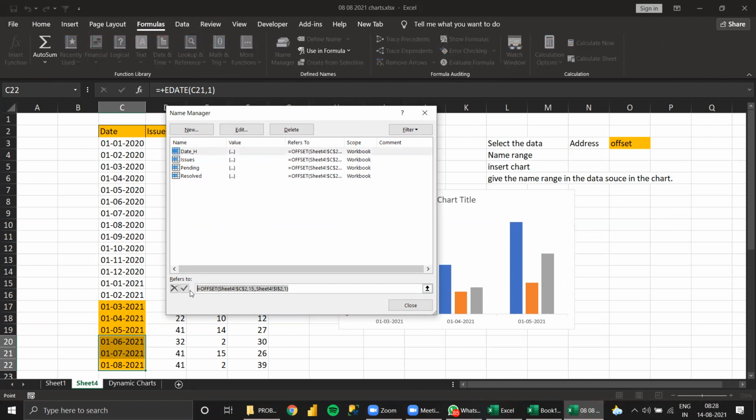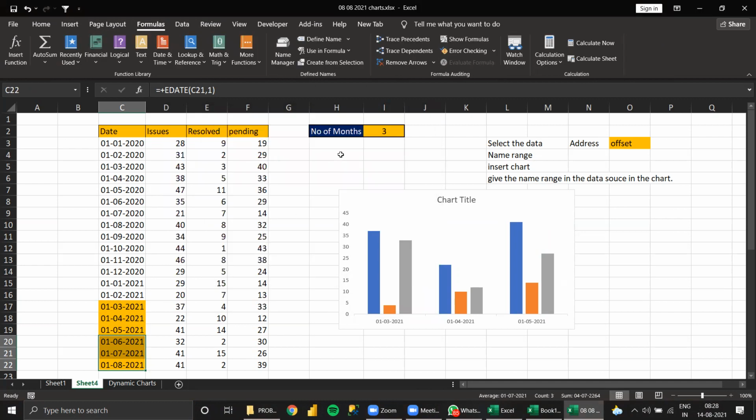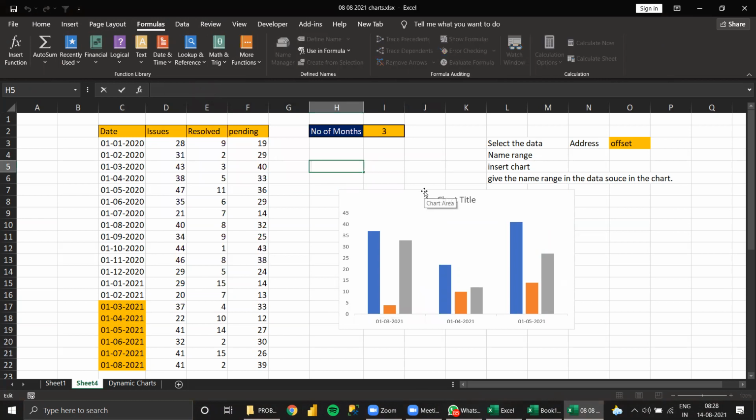Okay, I'll copy this formula. Now, carefully observe this: the start point is this, correct? Now, the row movement 15, like a manual number. This you need to make dynamic.